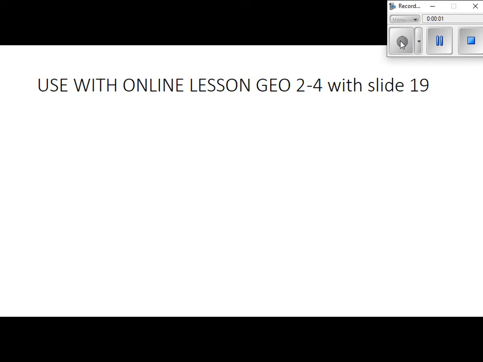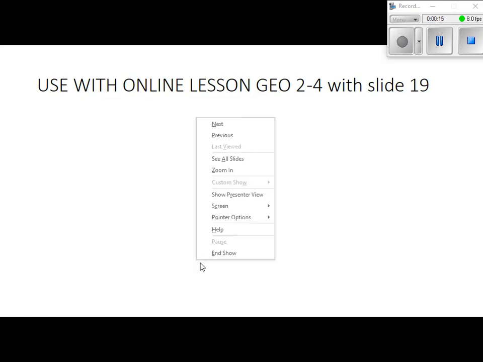I somehow deleted some stuff on my PowerPoint. And they want to know, is the polygon convex, concave, regular, or irregular? So just to go over this real quick,